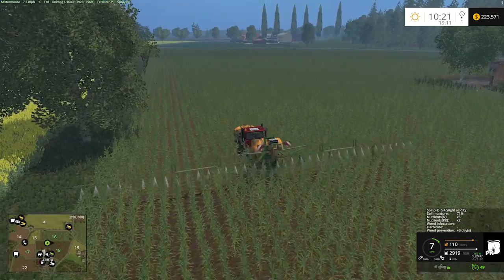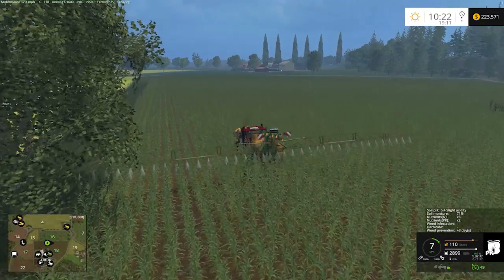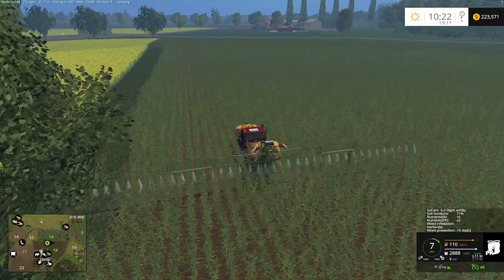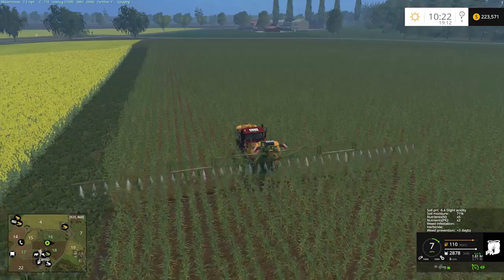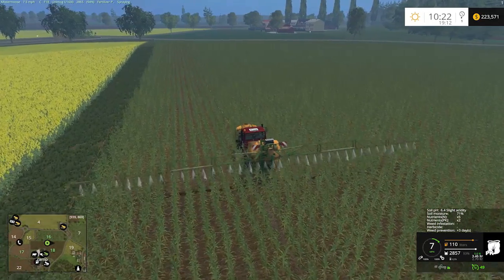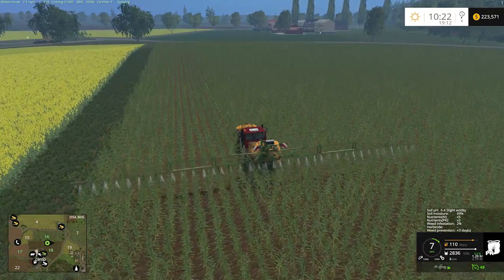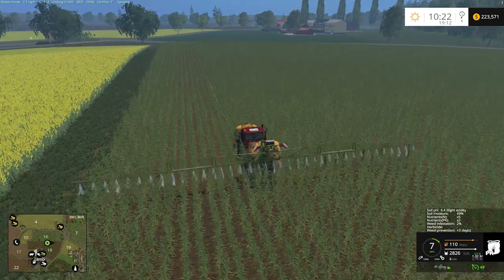So we'll get this fertilized. Need to raise that up so it's up over the top of the corn. I don't know even how much that Pantera gets up over the fruit. It doesn't seem like it's elevated enough. It's only tire height on that one. You need something with the big